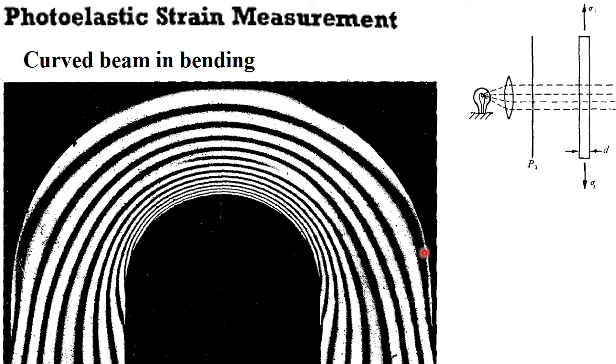This is a photoelastic technique. Nowadays there is digital photography, so the technique has much potential. This is the principle where we have a polarizer, and other things are there. By itself it is a separate topic which we are not covering here, the photoelastic method, but it is a very useful method.